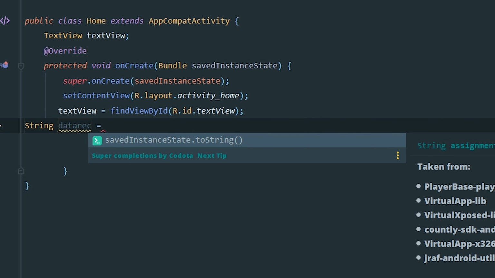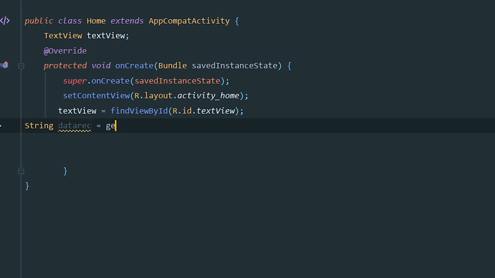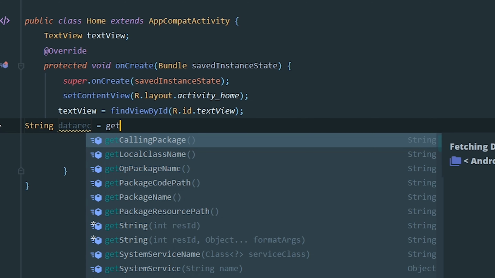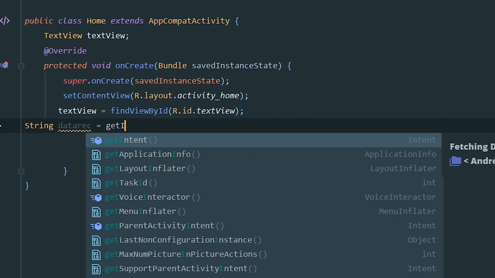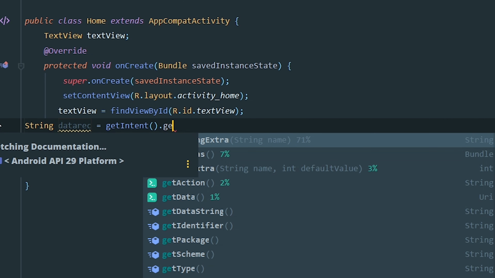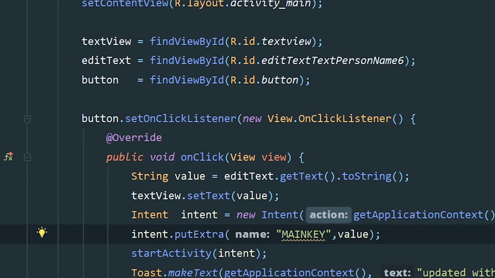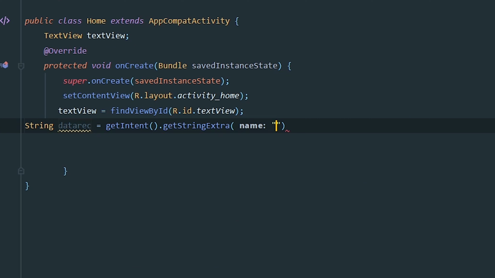For that we need to type get intent, because we are getting the data from intent. The next thing is we need to get the string, so get string extra, and we need to give the key name here, which we created in the previous screen, that is main key. We need to give this key here, and terminate it by a semicolon.